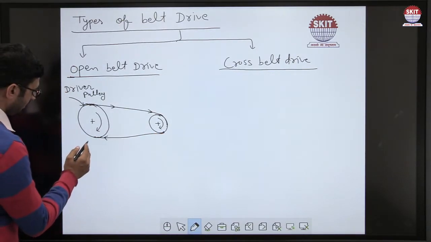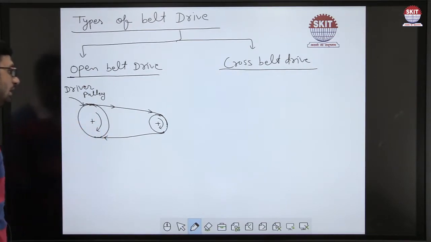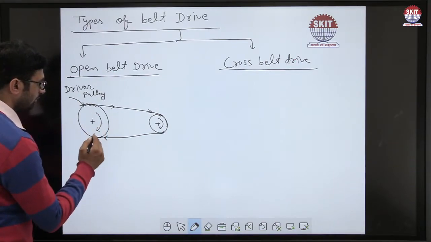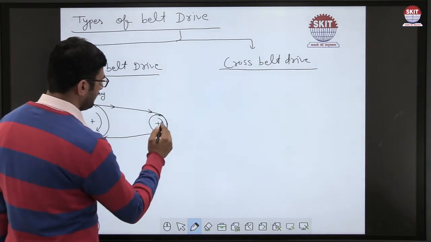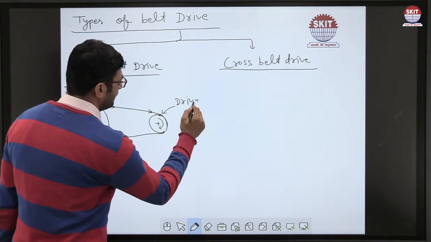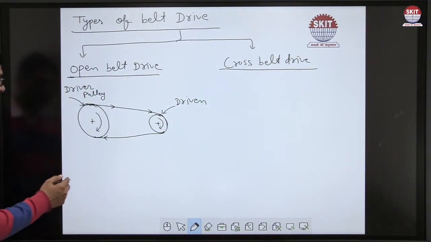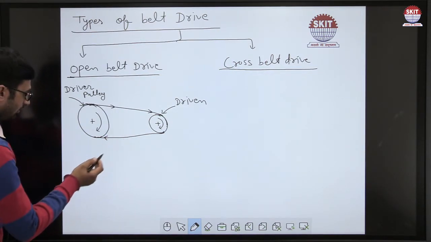So in open belt drive, the rotation of the driver and driven pulley have the same direction. If the driver pulley rotates in the clockwise direction, then the driven pulley also rotates in the clockwise direction. If we change the rotation of the driver,